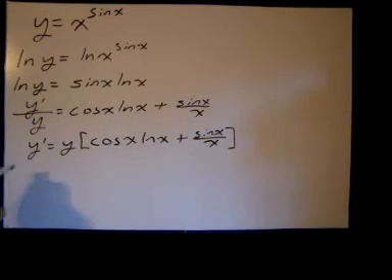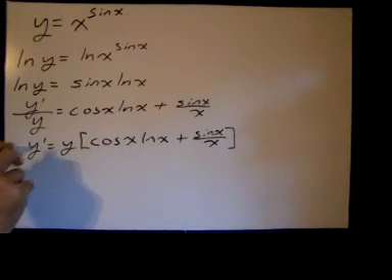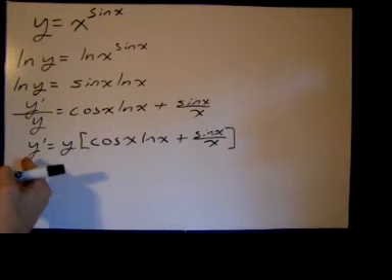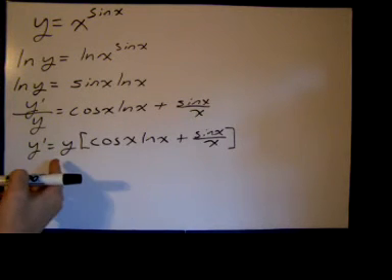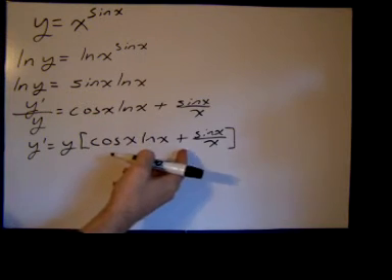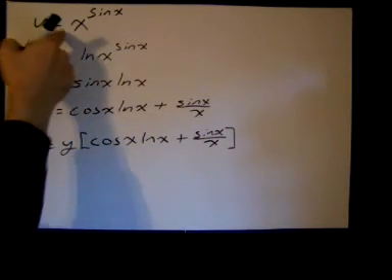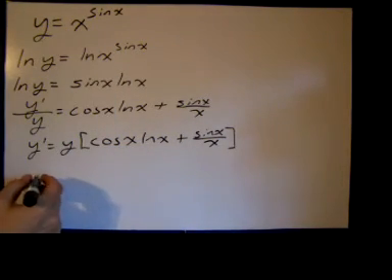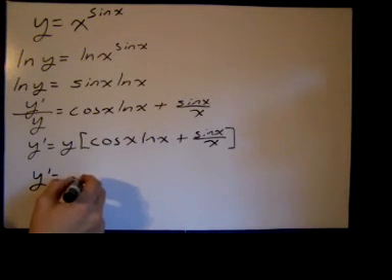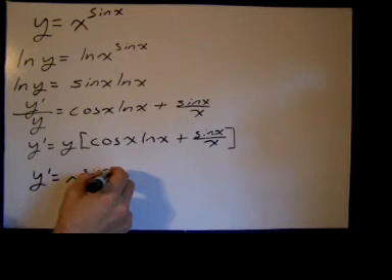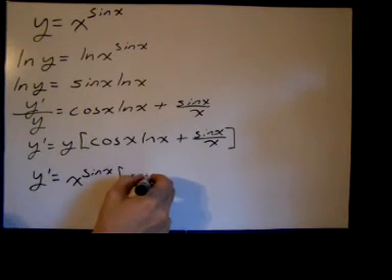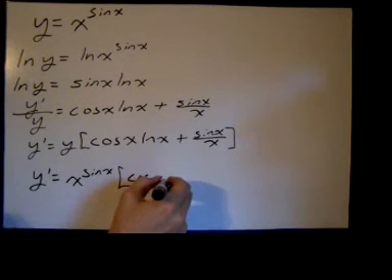Anyway, sorry. Now I've multiplied both sides by y, solving for y prime, which is what we wanted, the derivative with respect to x. So y prime equals y times the cosine of x, ln of x, plus sine of x over x. We know what y is in terms of x, so we just substitute that back in. We get y prime equals x raised to the sine of x times the cosine of x,